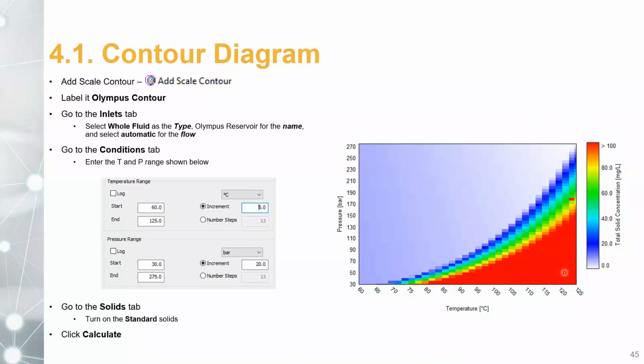At high pressure and high temperature will be here, which represents the reservoir conditions. Notice that this is a white color, meaning that there are no solids that are going to precipitate there. There is no scale forming there, since we defined it that way, saying that this is only at saturated conditions.